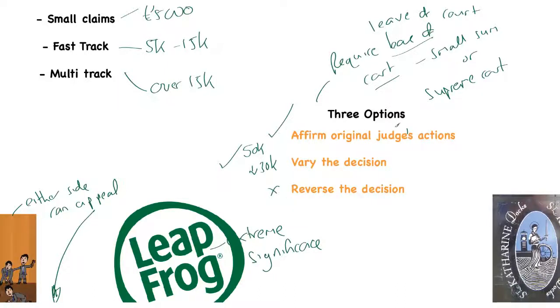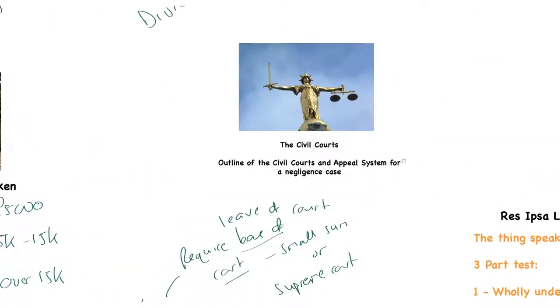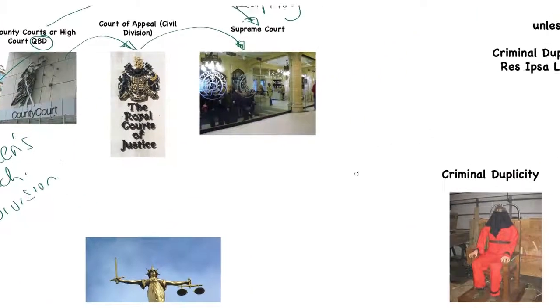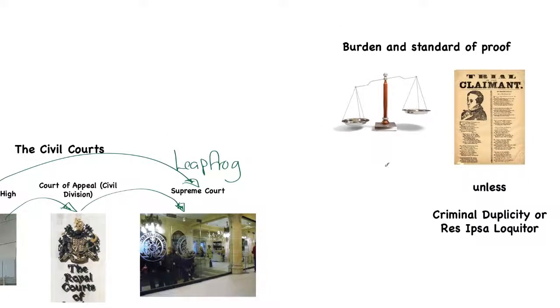Frequently questions will ask you on the different kinds of courts and the different routes of appeal. That in essence is what they are after. What I do want to just cross over to is the burden and standard of proof, because this is different than it is in criminal law. The burden and standard of proof in civil cases equals on the balance of probability.